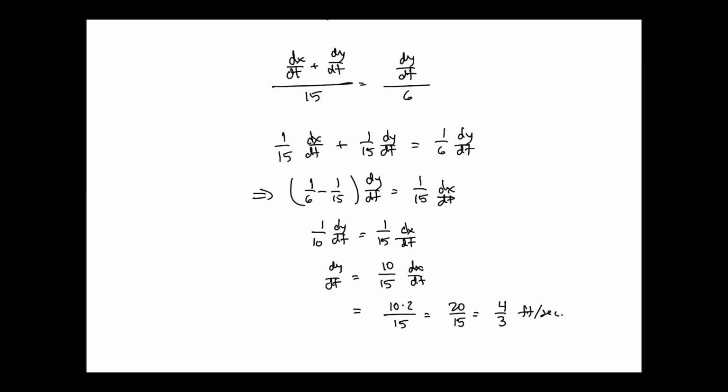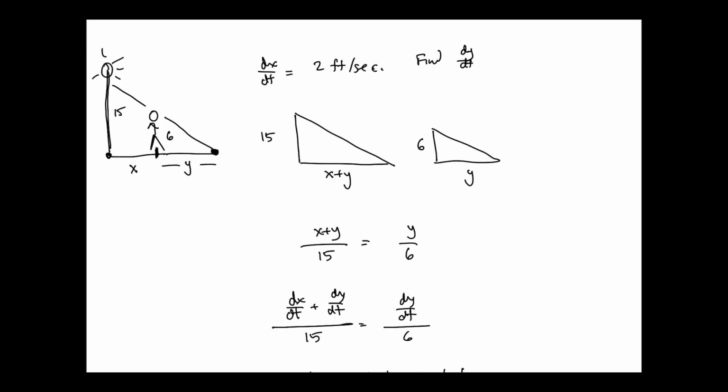Okay, so now here's another question though. How fast is the tip of the shadow actually moving? Is it 4/3 or is it something different? It's something different because what we just found is the rate at which the length of the shadow is changing. But how fast is the tip of the shadow moving? It's faster, okay? And here's why. Where does the shadow start? Wherever the person is, who is also moving,